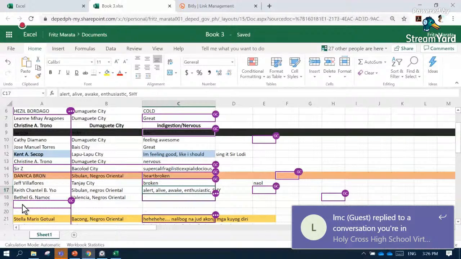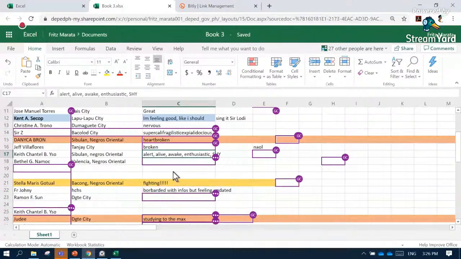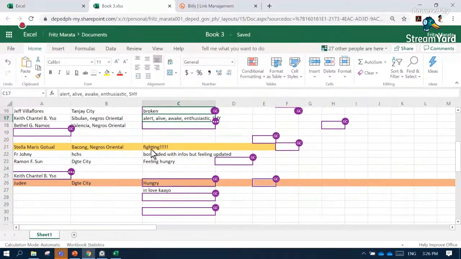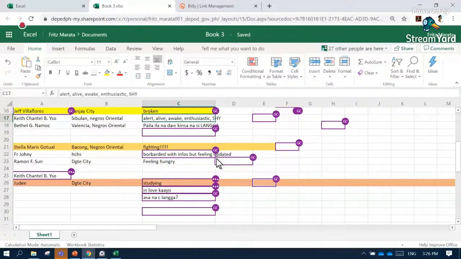We also have Ma'am Bethel Namok from Valencia, Negros Oriental, still typing her answer. You have Ma'am Stella Maris Gutwal from Bacong, Negros Oriental, and fighting. Ma'am Stella is fighting. Father Johnny from HCHS is bombarded with infos, but feeling updated.